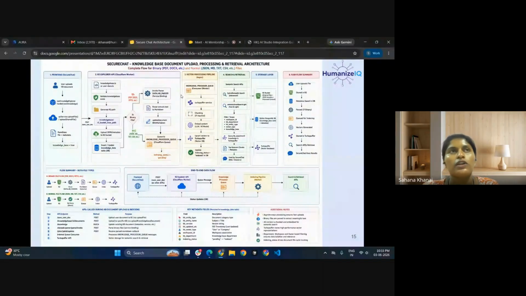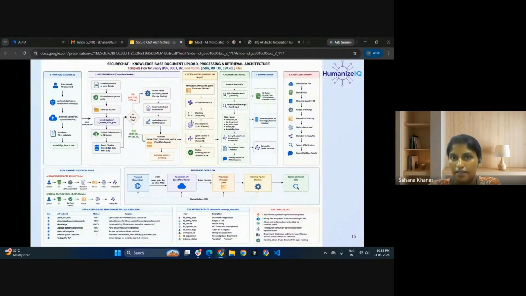For vector purposes, we are using Datalab parser for parsing the document, and Turbopuffer for indexing and vector storage, chunking and embedding the context. Everything is done by this Turbopuffer service. This is also a third-party service which we are using. It is ready-made, and we are just calling the API. We send the documents in the queue from the Cloudflare queue to Turbopuffer.